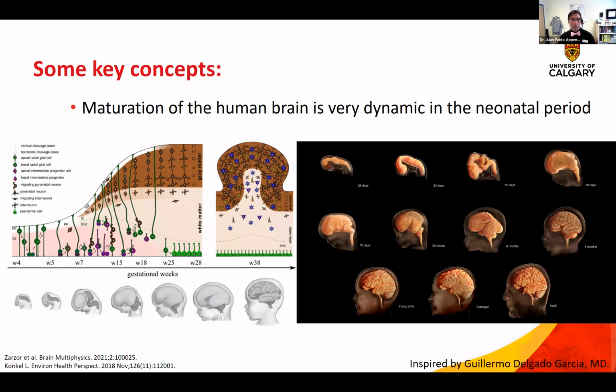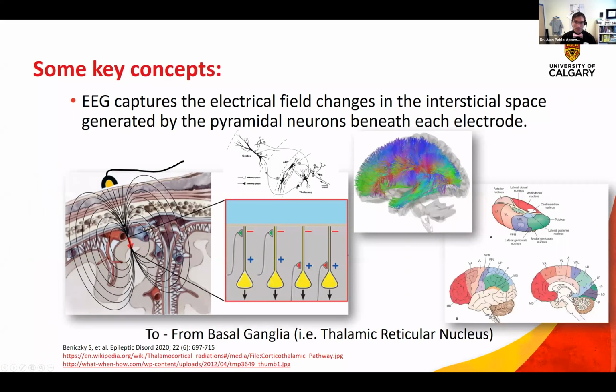And the reason is the brain also changes quite a bit from 25 weeks gestation, almost looking like a lissencephalic brain without sulcation, to the newborn. There are many stages in which the EEG and the findings change. And the EEG is formed by the neurons that are in the cortex, but those interact with the basal ganglia